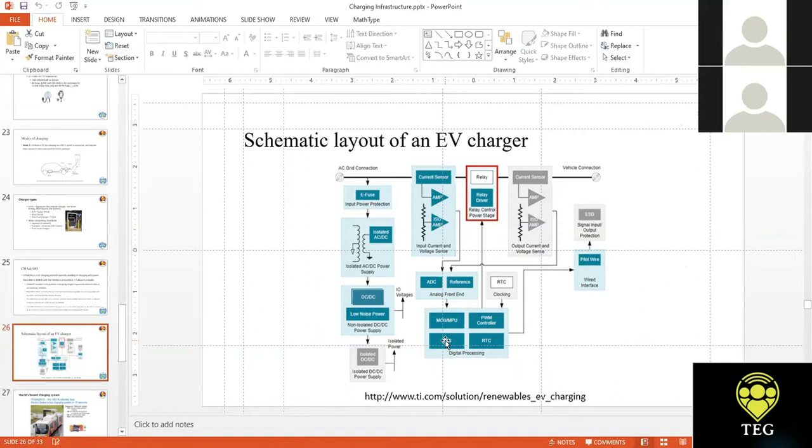So the biggest challenge in a charger is not the theory behind it. The theory behind it is extremely clear. We all know a lot about power electronics, we know a lot about control algorithms, and we know a lot about various kinds of sensors, which you have all done in various courses. The biggest challenge that comes with a charger is the integration of all these subsystems.